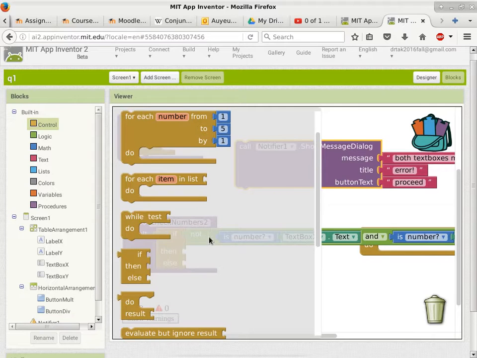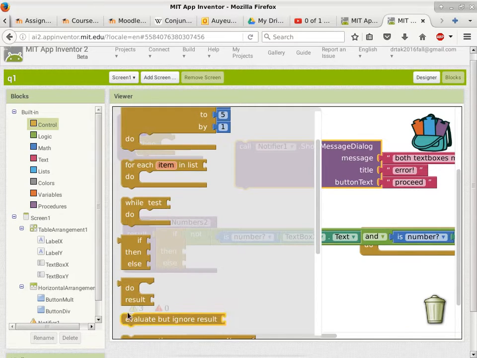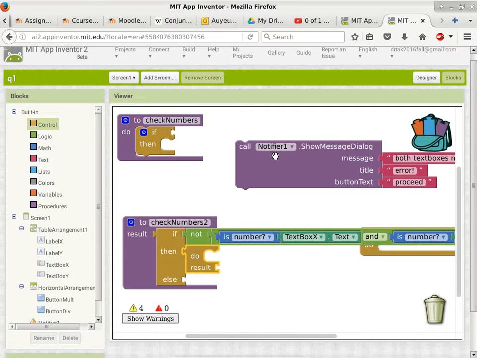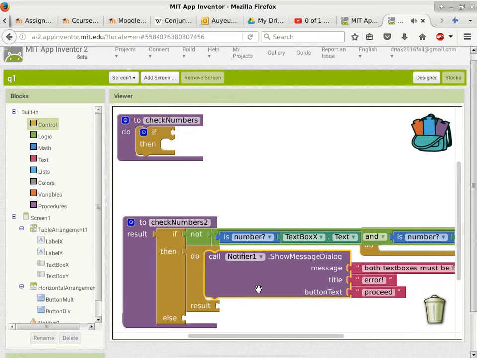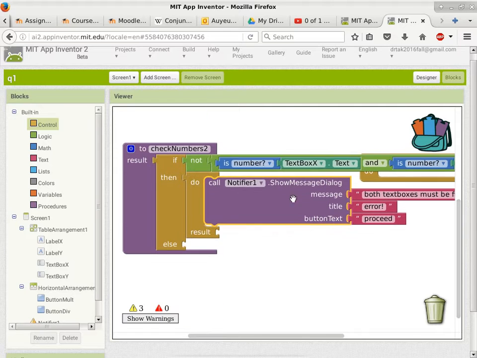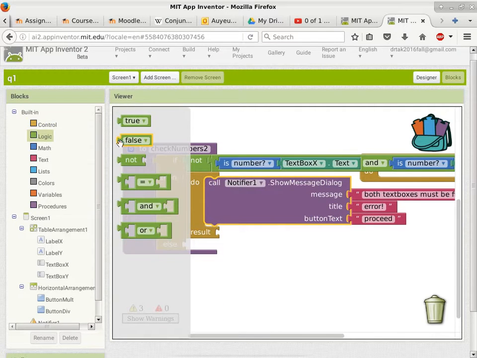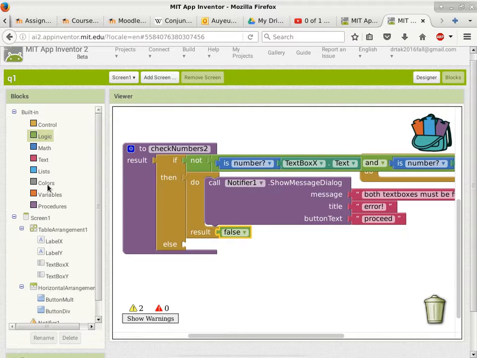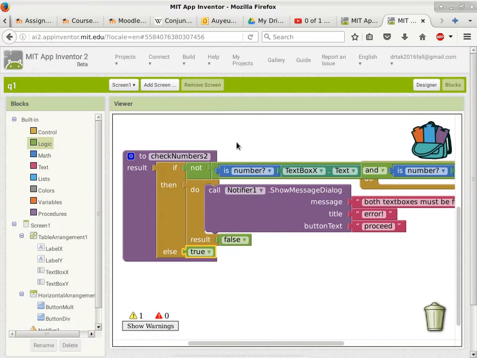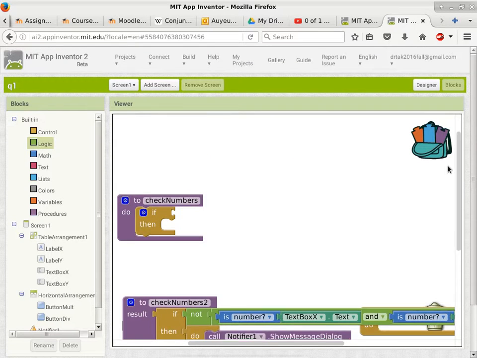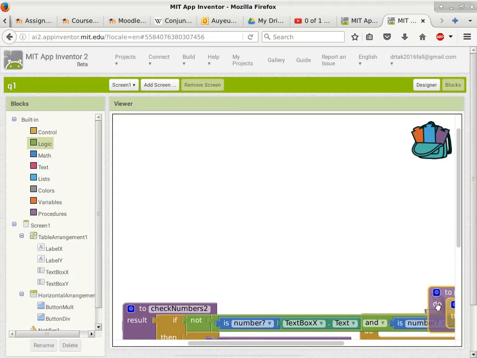There are ways to convert it. We can just go to do result here and say do this and then give me a result. So when we have a problem, I want to return a value of false. And if everything is good, I want to return a value of true. And now we have no use for the other subroutine anymore. So we just get rid of this one,